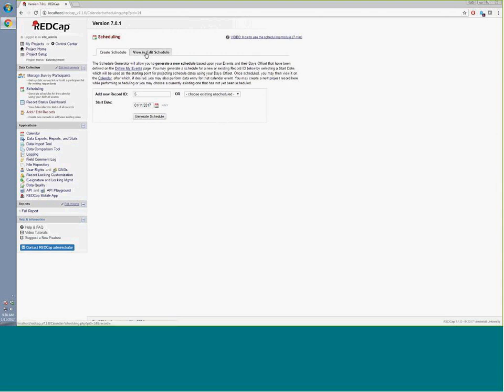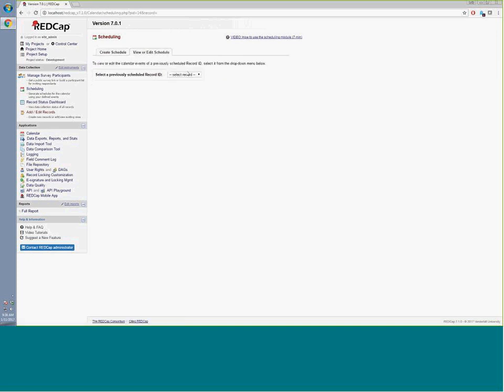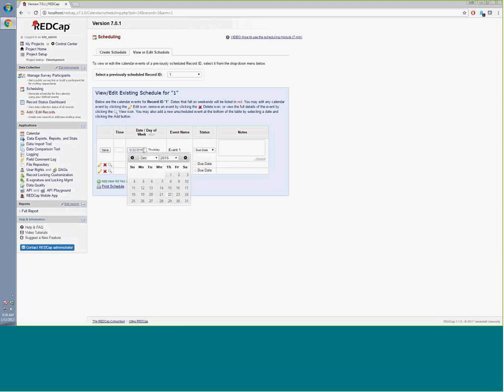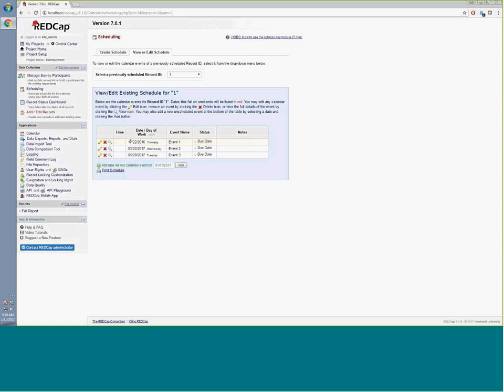Also for existing, if you edit schedule, you can actually edit any of the previously created records here. So where to change the date right here. I'm just going to change it to today. And then you can change the date. So, records,